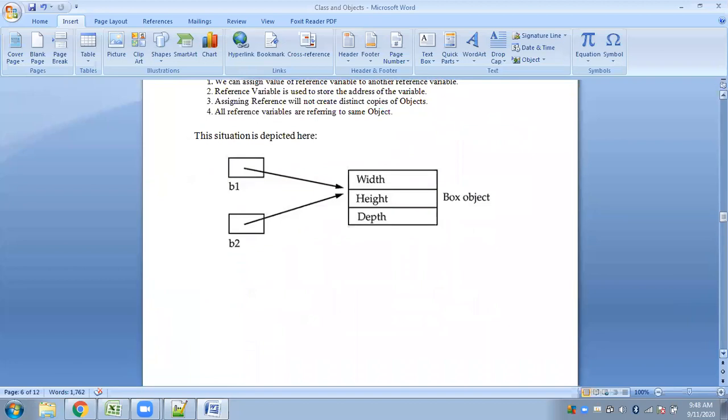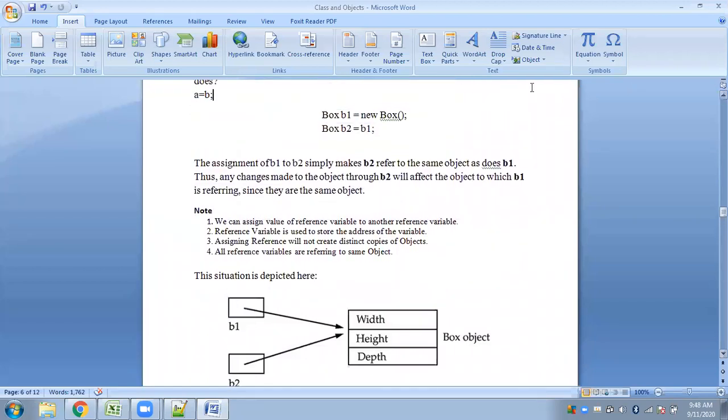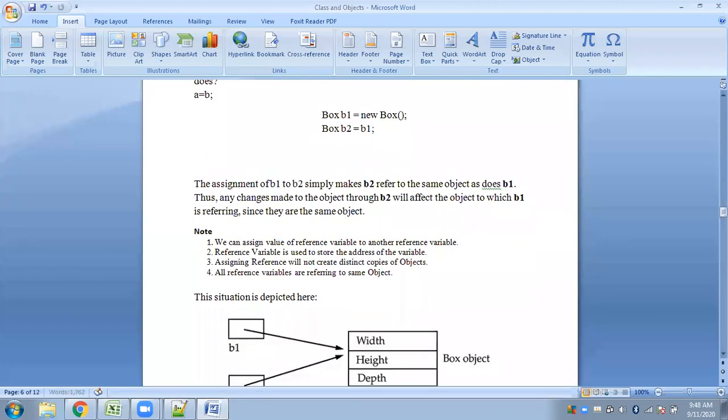Yes, ma'am. So even if I create another variable, say B3, I can do the same thing. Let me write one more statement here: Box B3 equal to, you can write B1 or B2, because B2 and B1 are the same now, referring to the same object.